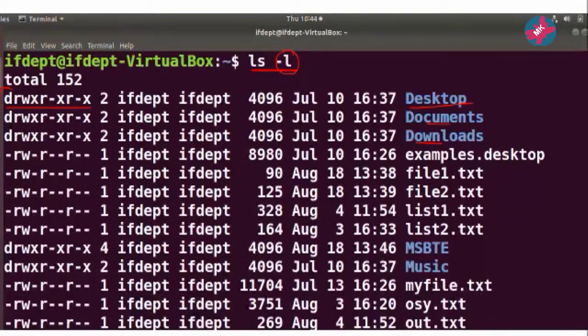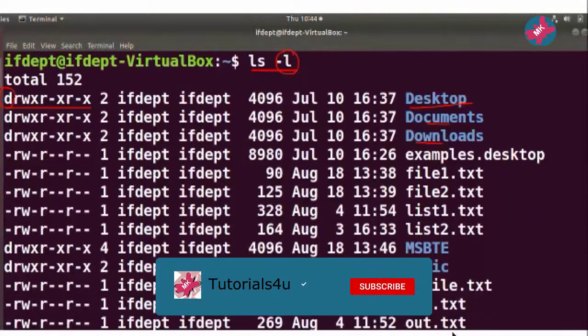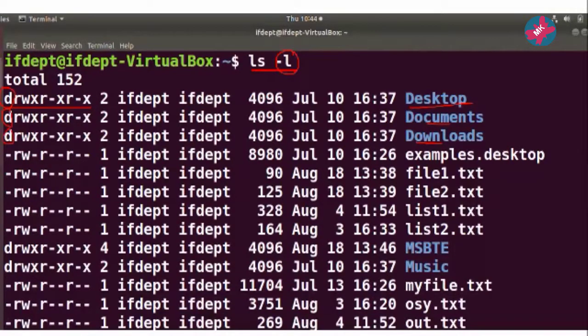And if you observe this fourth one, this is a file, so in the case of a file it is blank. So this first bit tells whether a particular item is a folder, directory, or a file. Or sometimes if you create a shortcut, some other letter is observed here. The next three bits tell you all about the user or owner.